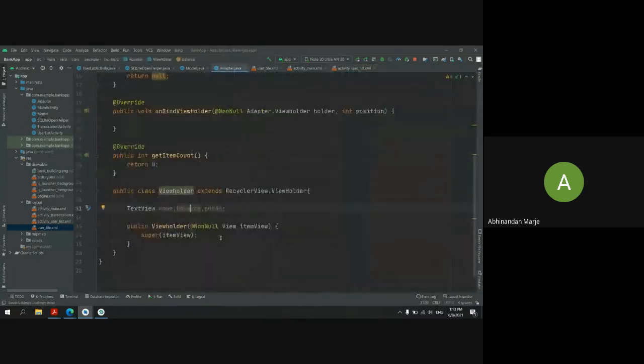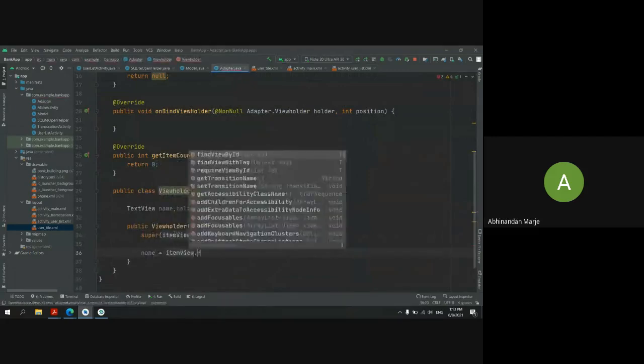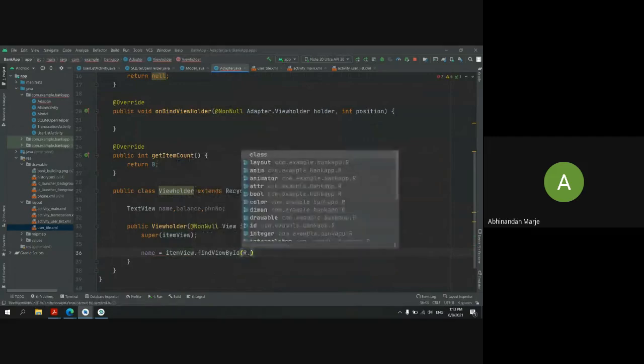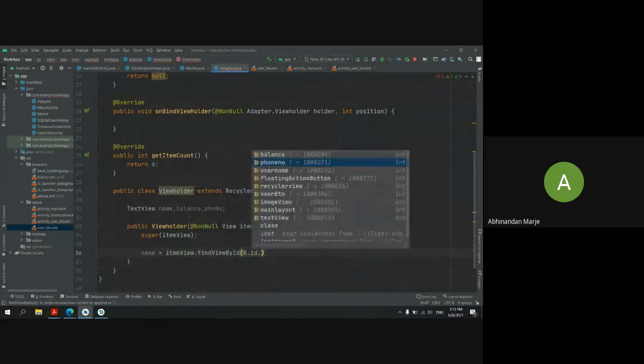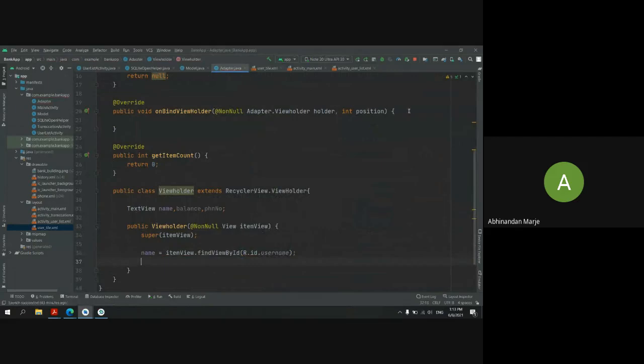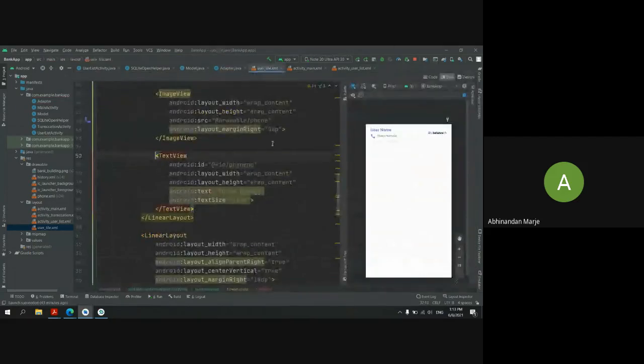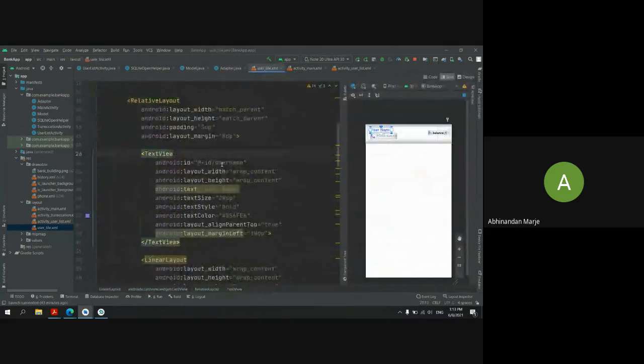For that, first I will bind this here. I will say name is equal to itemView.findViewById, and our ID, the username. Whichever ID you give in the user tile, I am using that ID. You can see I'm giving an ID of username and using that ID in my view holder.